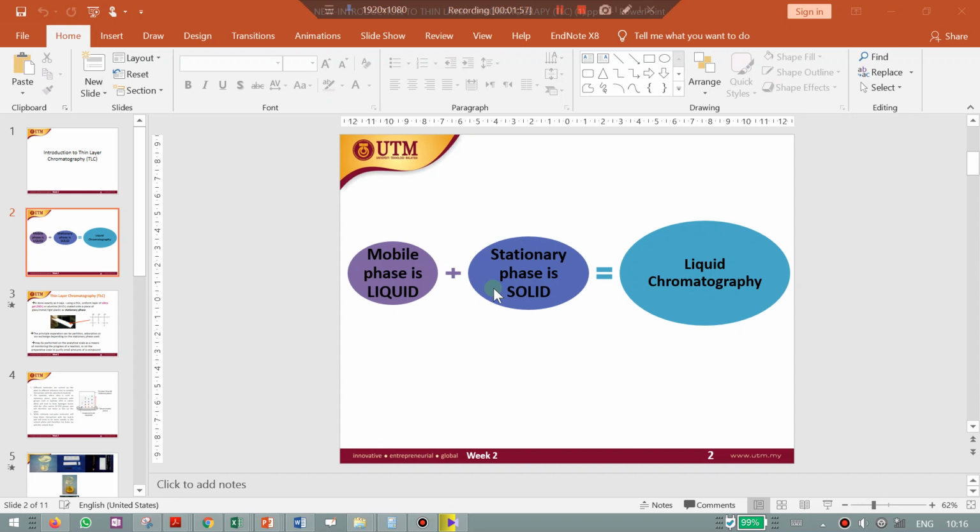So I'm just saying, if let's say the condition is that your mobile phase is liquid and the stationary phase is liquid as well, can you give an example of the chromatography method? You can mention paper chromatography, but I don't think the question will come out, because I don't think the class learns about paper chromatography. Paper chromatography is such an old technique compared to TLC. Not much paper chromatography is used nowadays. Even myself, I don't have any experience with that, and I only have experience with TLC. Okay,